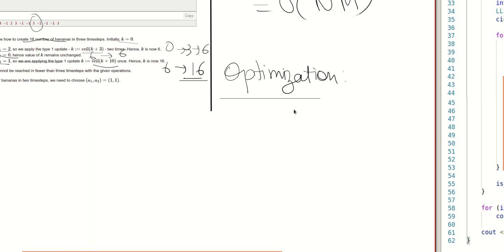Now the optimization is very simple. We have to reduce our search space so that when we visit nodes that have already been visited previously, we don't need to revisit them again. Let's take an example. Suppose at some ith time step we get t, x, y as 1, 5, 10. So we get a type 1 operation, x is 5 and y is 10. So we have to run the operation 10 times where we add 5 and take the ceiling. If we start visiting from k equal to 10, then we will visit nodes 15, 20, 25, 30 up to 10 plus 5 into 10, that is 60. So we will visit up to 60.